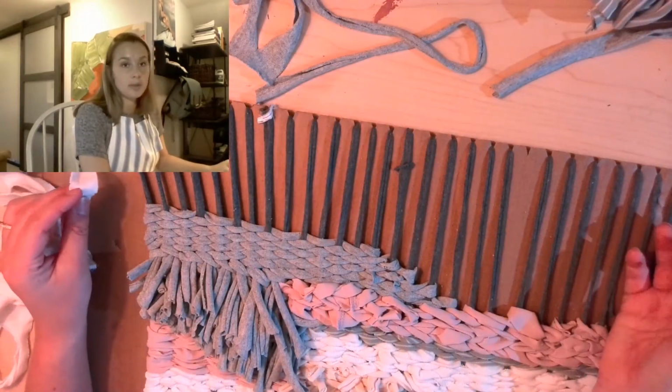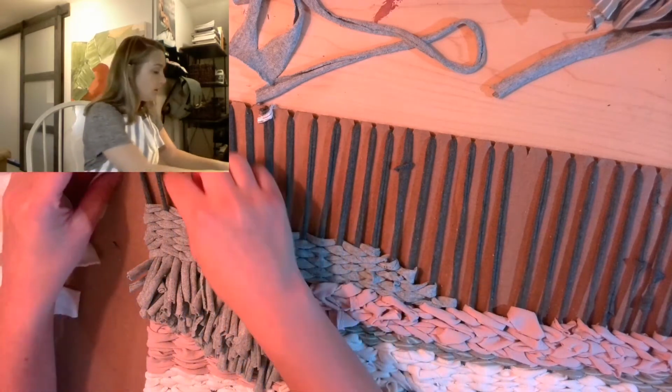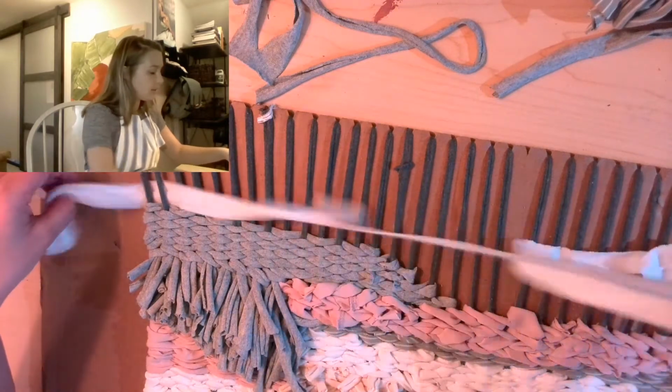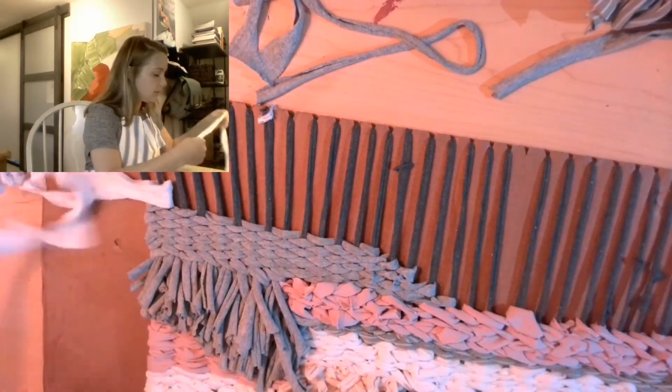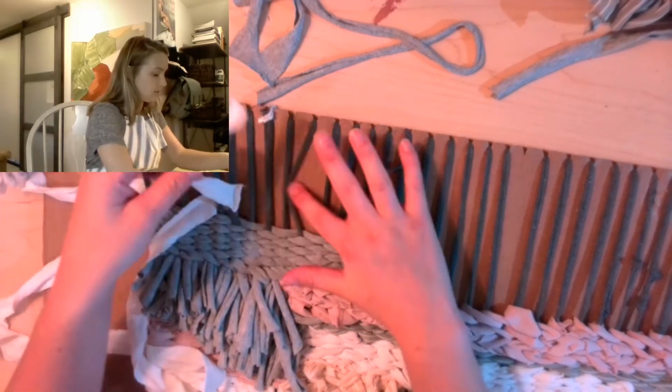Moving on to the basket weave. Like I said before, the basket weave is over 2, under 2, over 2, under 2. So I'll start doing that. I'll go under the first 2 with my string, pull some through, over the second 2, under, over 2, under 2,